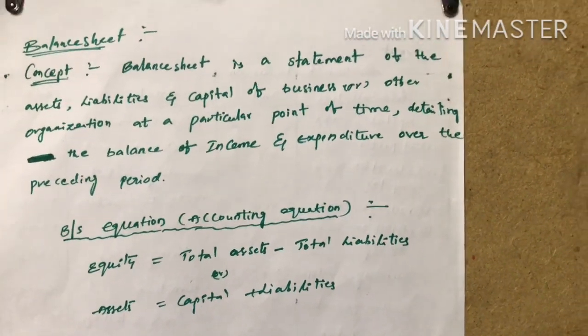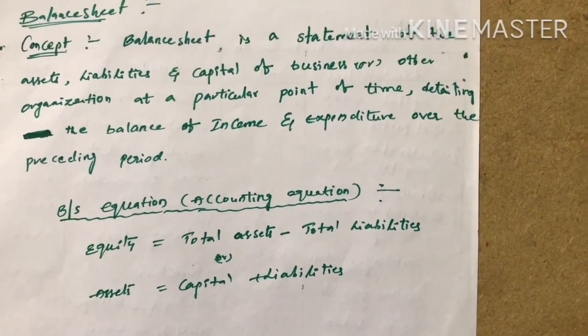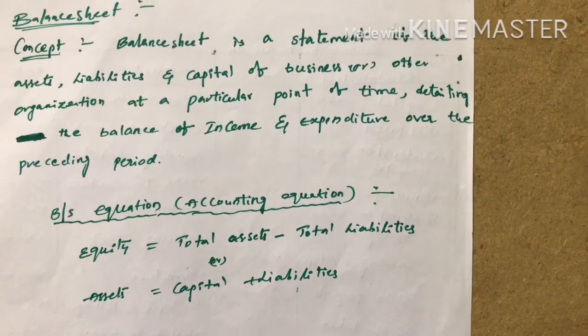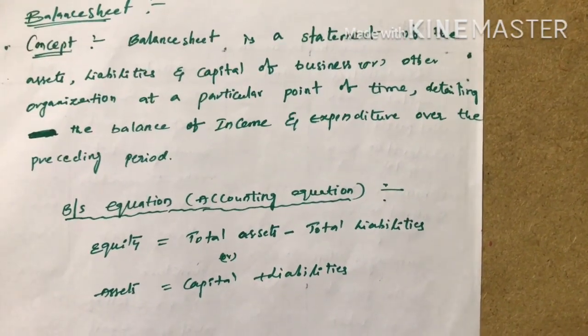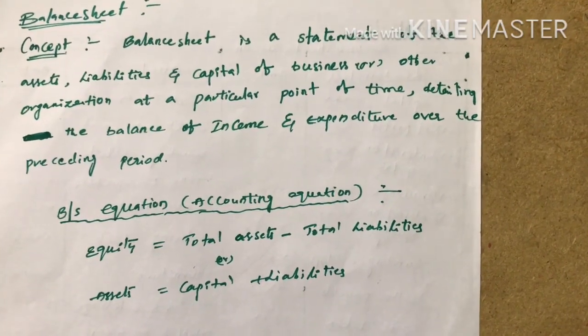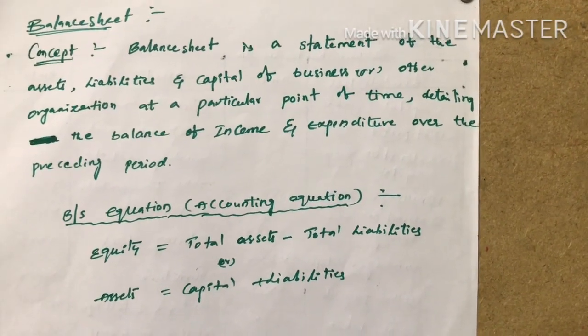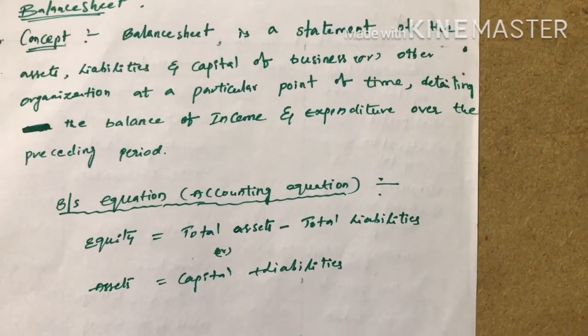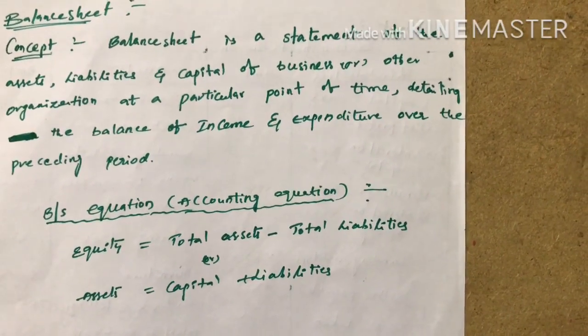This is Kiran Mai. In the previous section we were discussing the profit and loss account of the final accounts. The last account of the final accounts is the balance sheet. It is an easy account to prepare. So now in this section we will see what the balance sheet is, what the equation of the balance sheet is, what the format of the balance sheet is, and how to prepare the balance sheet.